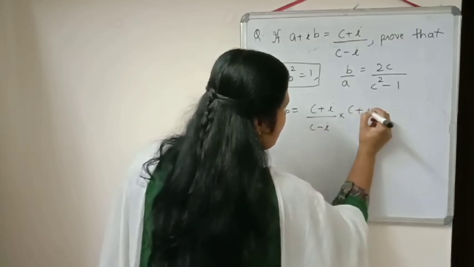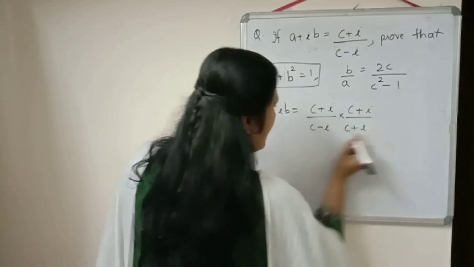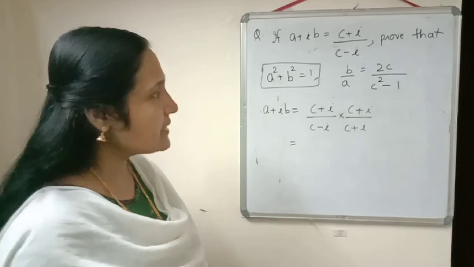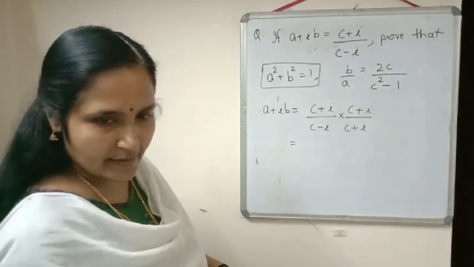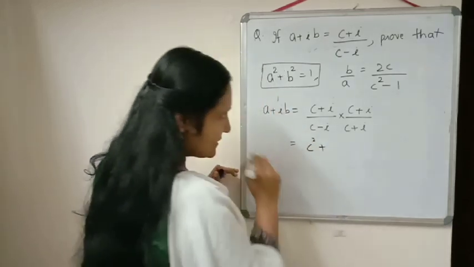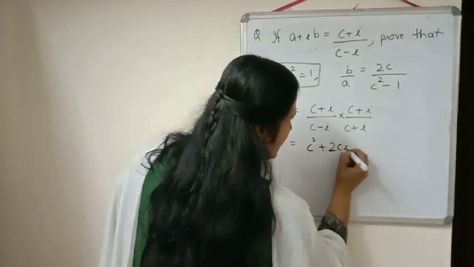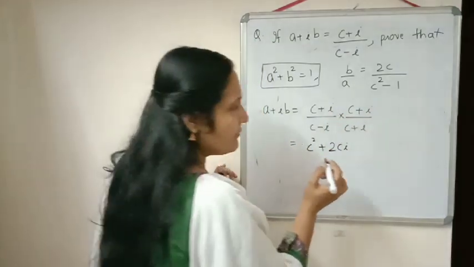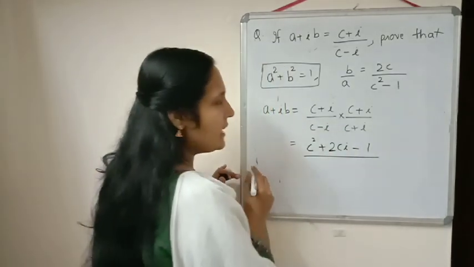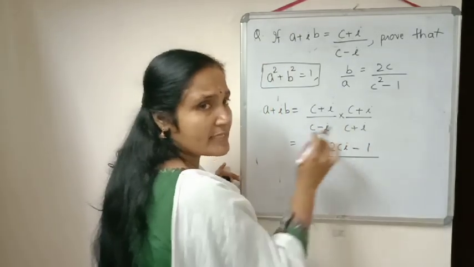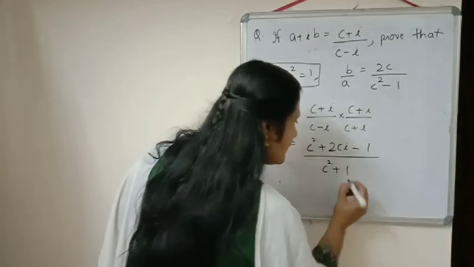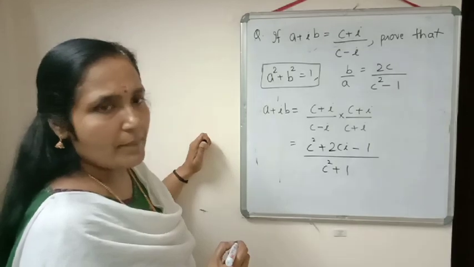So first we will convert it into the standard form. We will multiply by c plus i. So just to check what will come: (c plus i) the whole square. According to the identity, what will come? Yes, it will be equal to c square plus 2ci plus i square. And what is the value of i square? Minus 1. The denominator will come c square minus i square, and i square is minus 1. So we will get the denominator equal to c square plus 1.